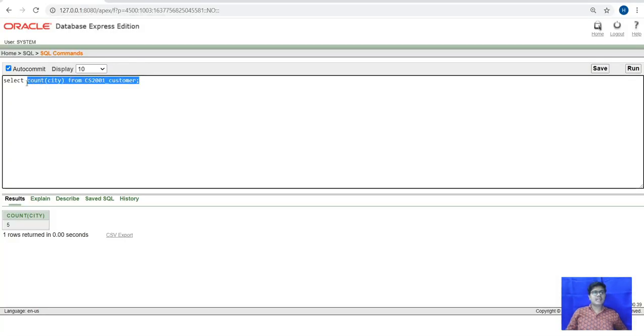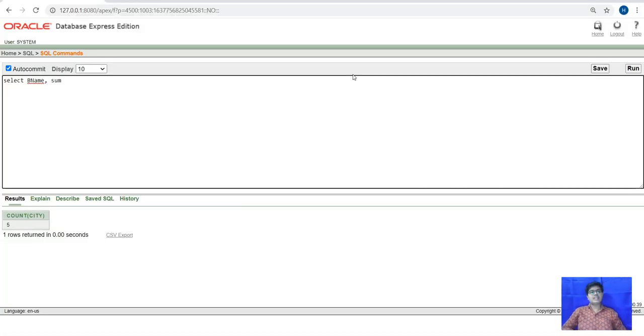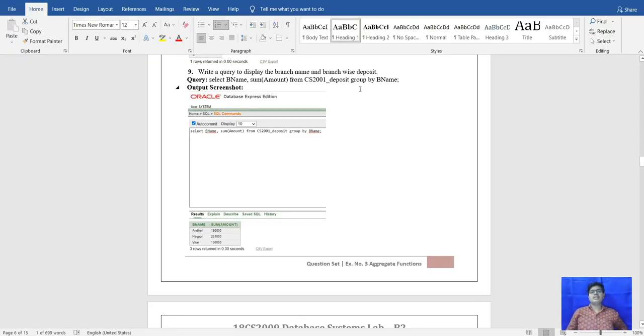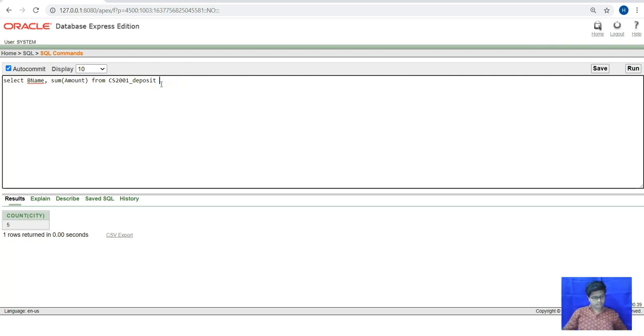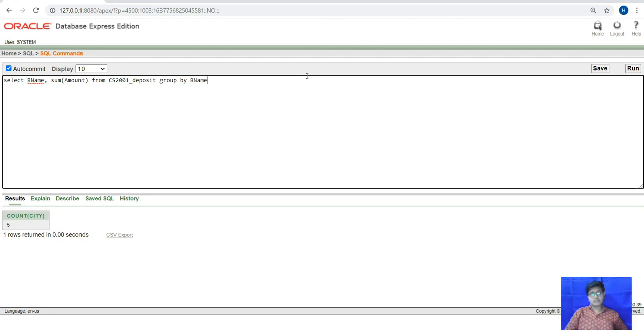Here we type select branch name and sum of amount from deposit, where we have to group by branch name.